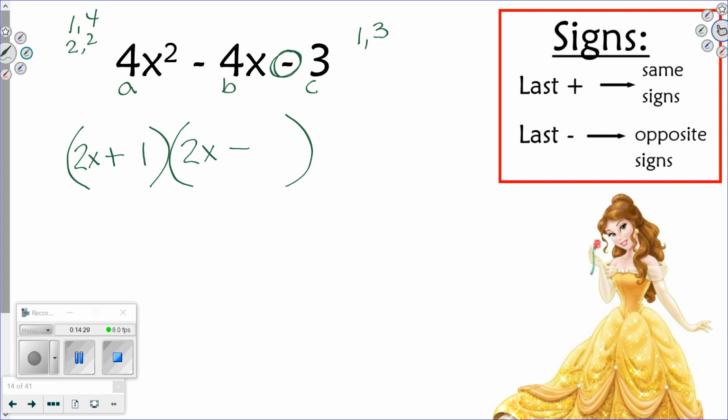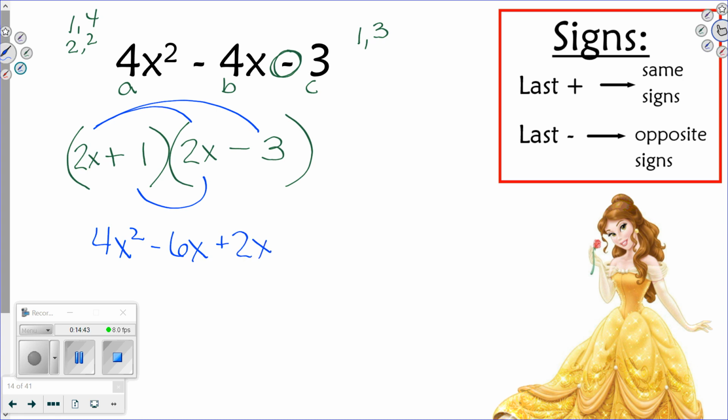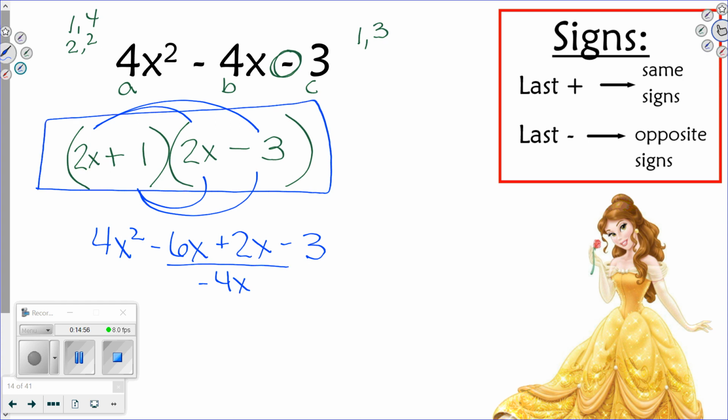Doesn't matter? Okay. Doesn't matter, he says. Throw them in. We'll find out. All right, so let's check it. So we get 4x squared minus 6x plus 2x minus 3. Middle terms give me negative 4x. Is that what I wanted? Yeah, nice. It worked. Now, let's come back to the comment he made of